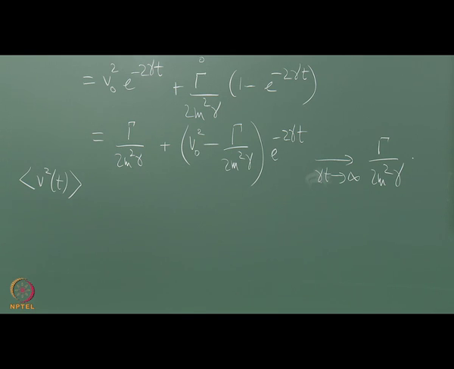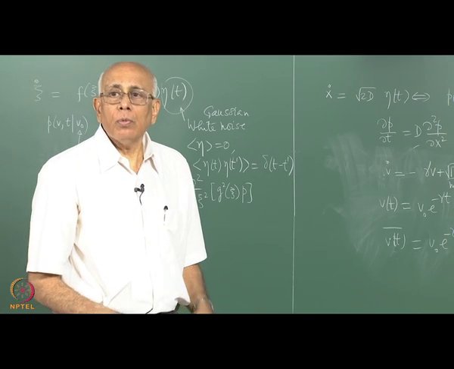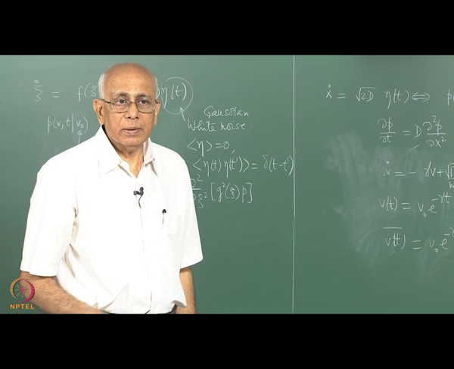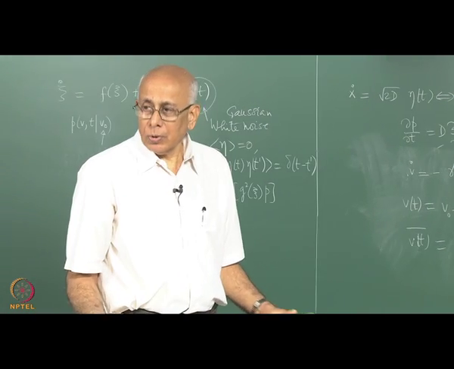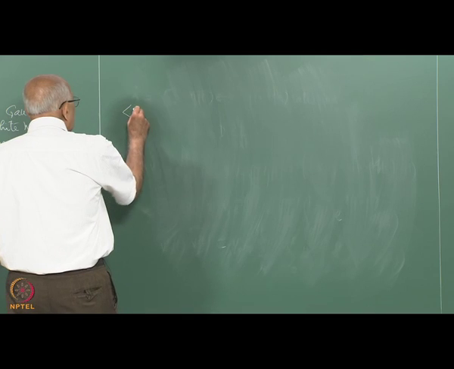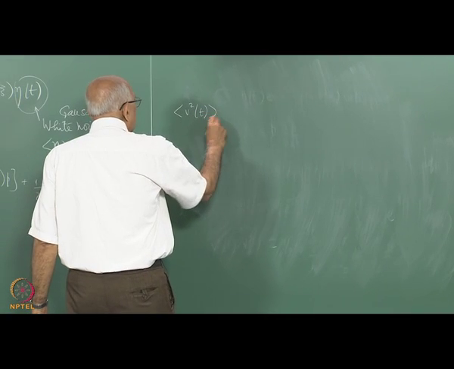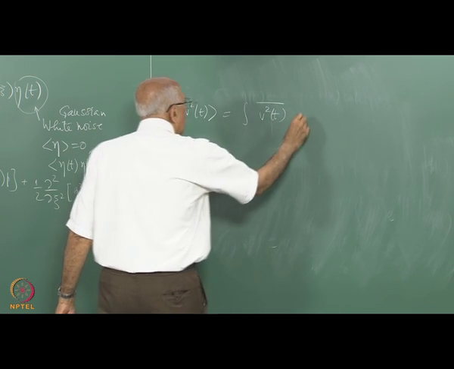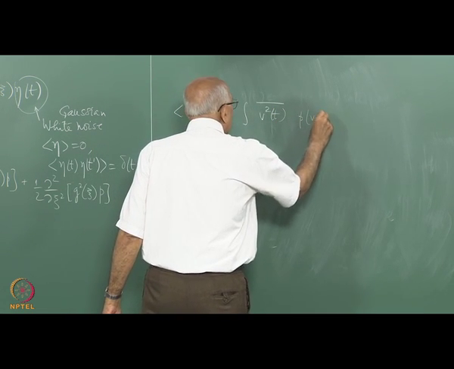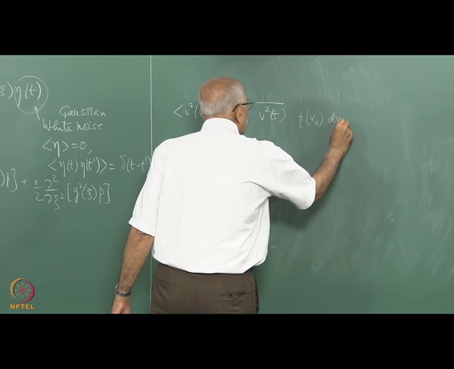I should now average over all V naught, right? Over what ensemble should I average this? It is in thermal equilibrium, so over the Maxwell distribution, right? So I need to compute V squared of t average equal to the integral of V squared of t over P of V naught, dV naught,